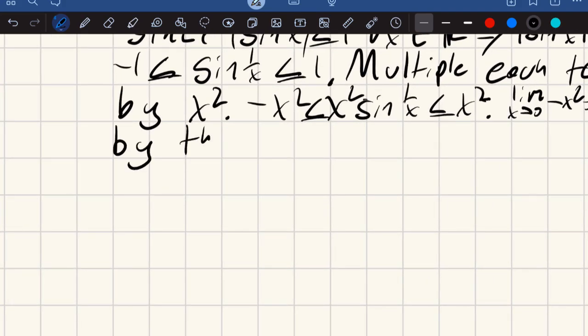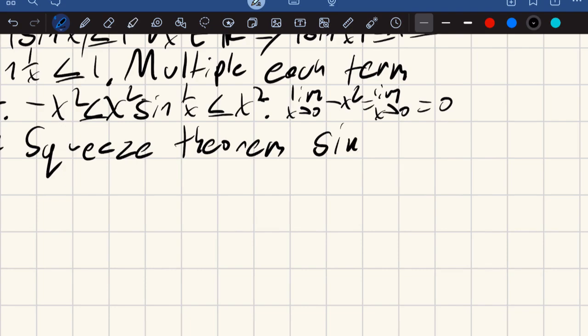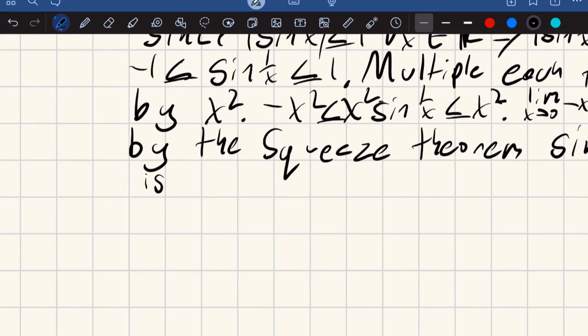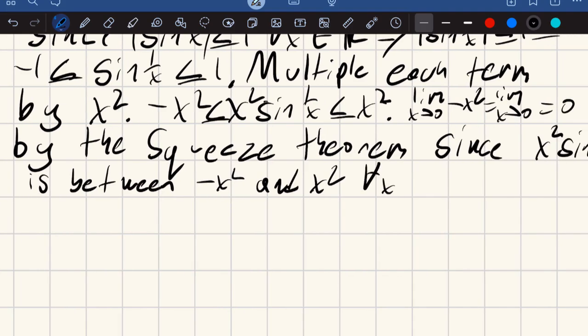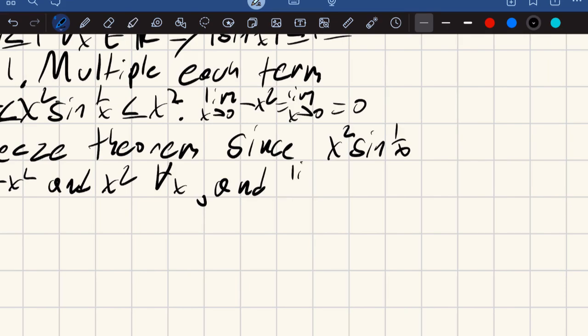So we would say, by the squeeze theorem, since x squared sine of 1 over x is between negative x squared and x squared for all x, and the limit of both of those outside functions are going to be the same,